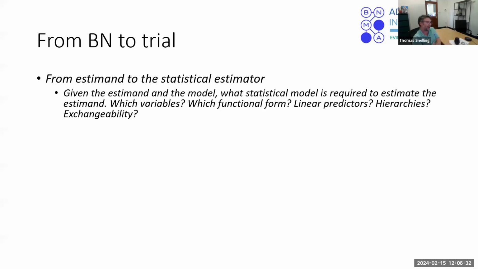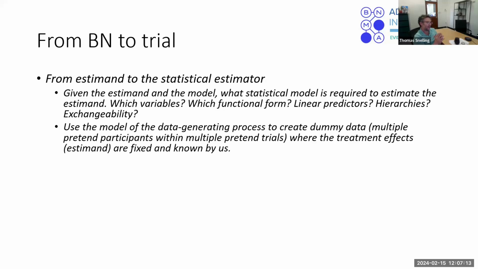next step is then to hand over to the statisticians who then take that estimand from our causal model, from our Bayesian network, to define a statistical estimator. So given the estimand and the model of the underlying data generating process, what statistical model is needed to estimate the estimand? Which variables need to be included? What's the functional form of the model? What things need to be included as linear predictors of the outcome? What hierarchies need to be taken into consideration? And considerations about assumptions about exchangeability of observations, for example, allow us to translate our Bayesian network model into a statistical